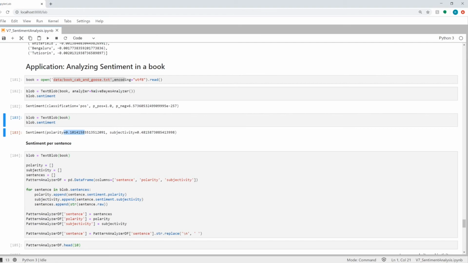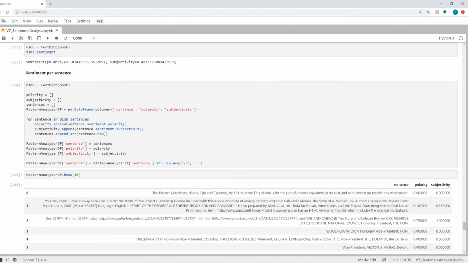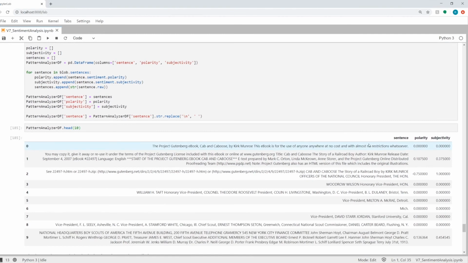So this particular way of doing sentiment analysis on the whole text is not so accurate. Instead, what you would do is do a sentiment per sentence of that book. And per sentence, if you do that, you will get a sentiment score for each sentence, the polarity and subjectivity of each sentence.